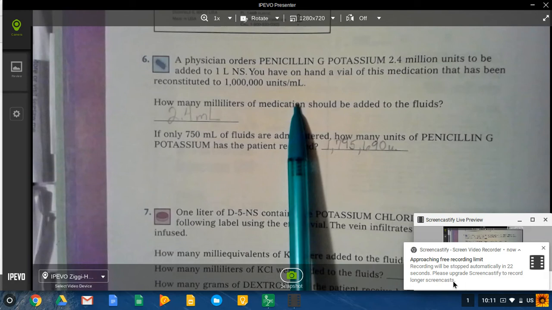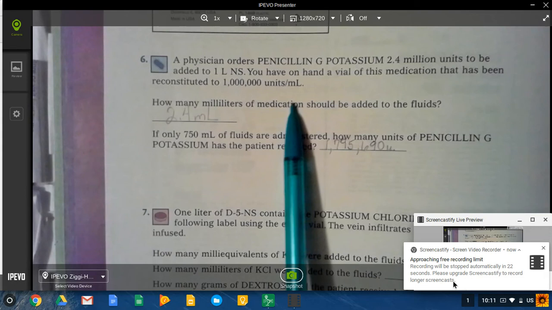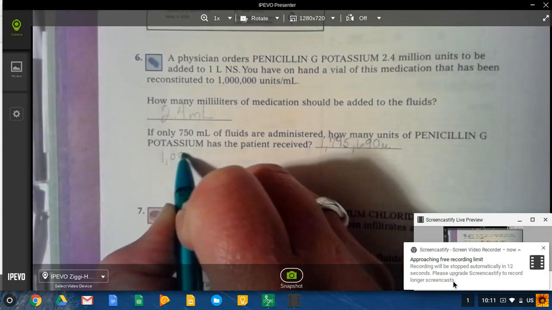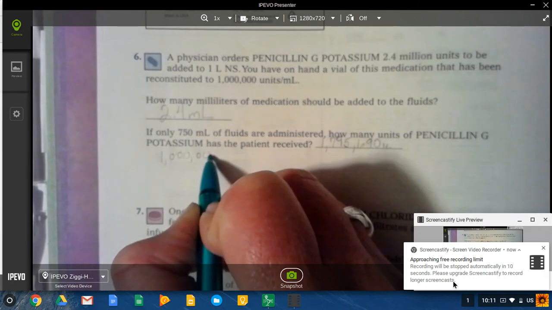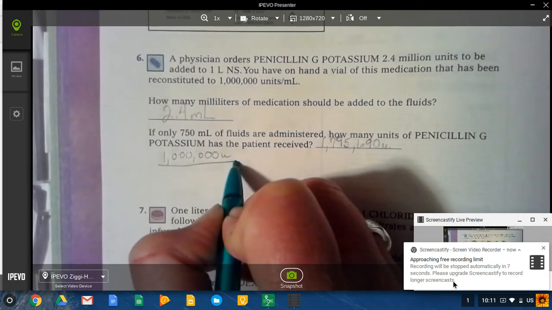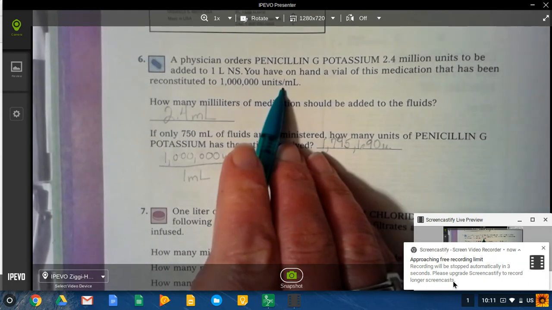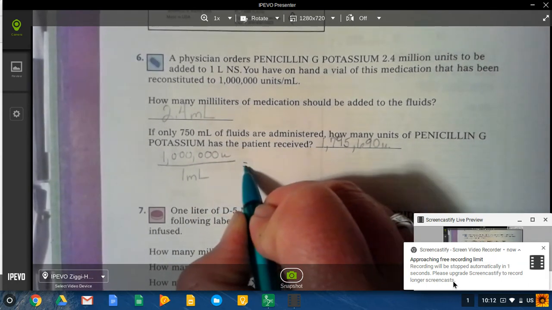So how many milliliters of medication should be added to the fluids? So what you have is the 1 million units in 1 milliliter. Okay, that's how much you have. That's what you know. But what you want